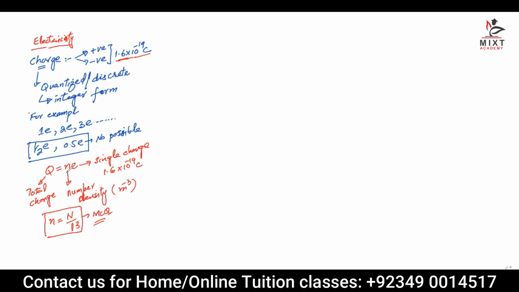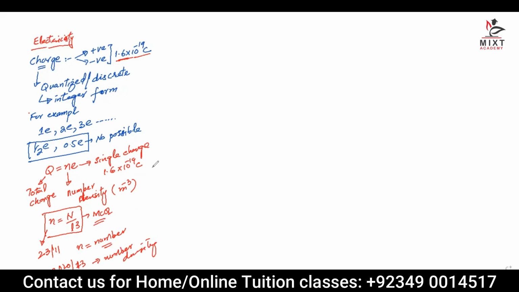Okay, sir. And that's about the n. N is basically number per unit volume. But I have seen the MCQ of the 2311 paper where this n is written as number. But I have seen a question of 2313 where they have written it with number density. So be careful.